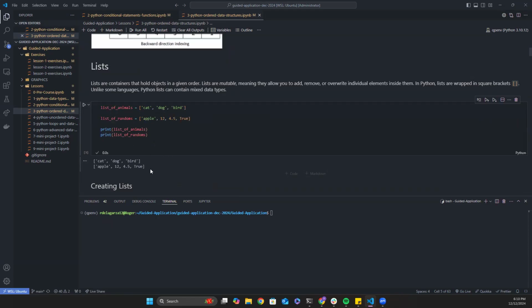We get list of animals, it prints out the entire list, right? It'll print it in brackets to let us know it's a list. And then we have the list of randoms. Notice that these are all different data types. They're not all the same, and we still do not get an error, and that's okay. All right, so